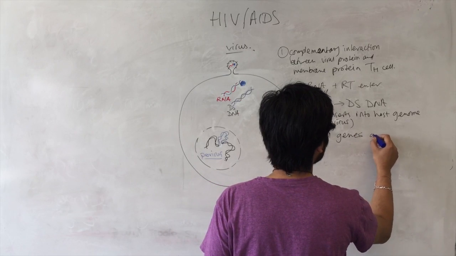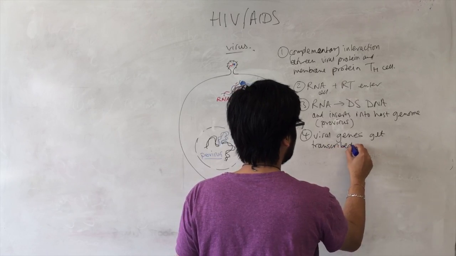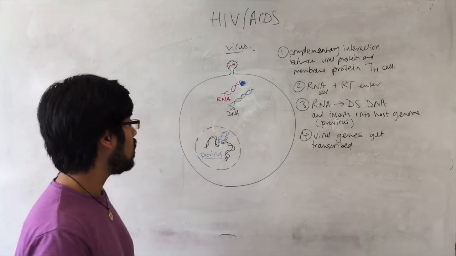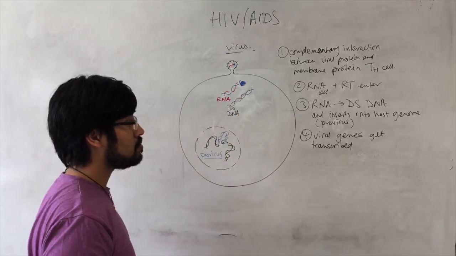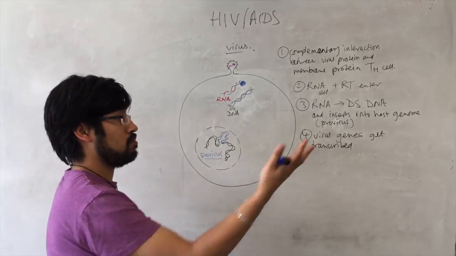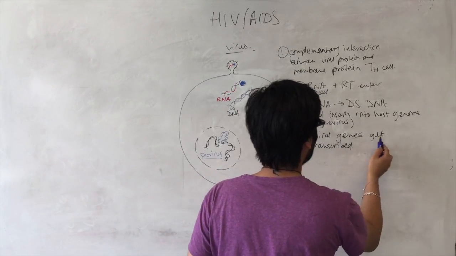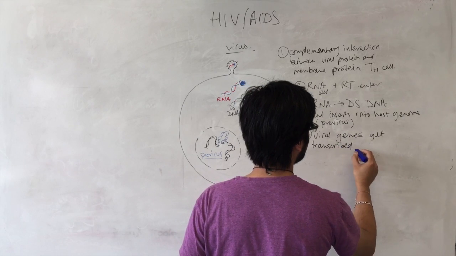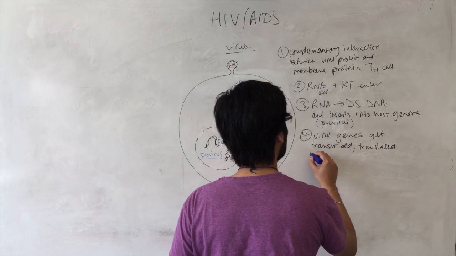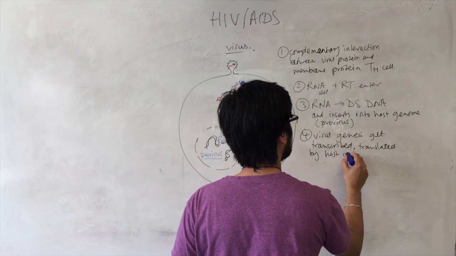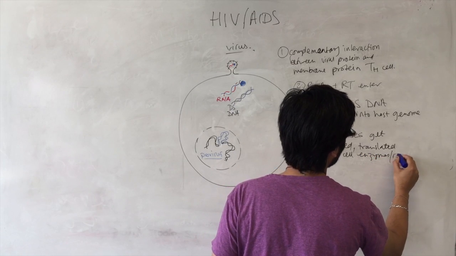So viral genes get transcribed into messenger RNA. The ribosomes out here in the cytoplasm say, oh look, there's some mRNA, going to translate it, going to make some protein. So viral DNA gets transcribed and translated, and importantly, by host cell enzymes and ribosomes,